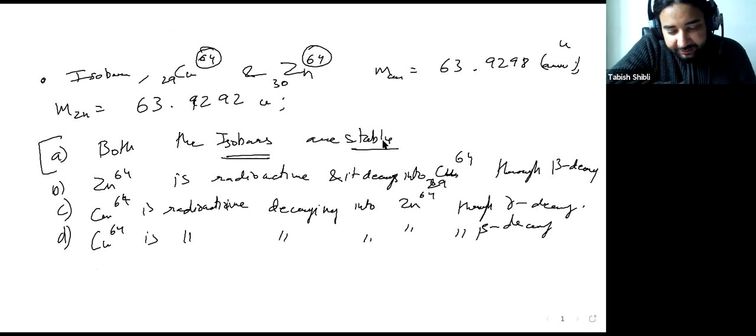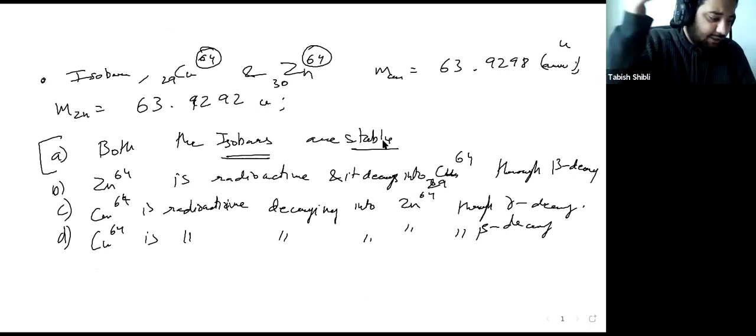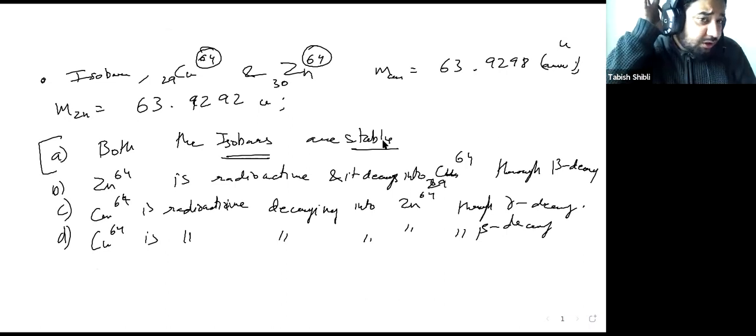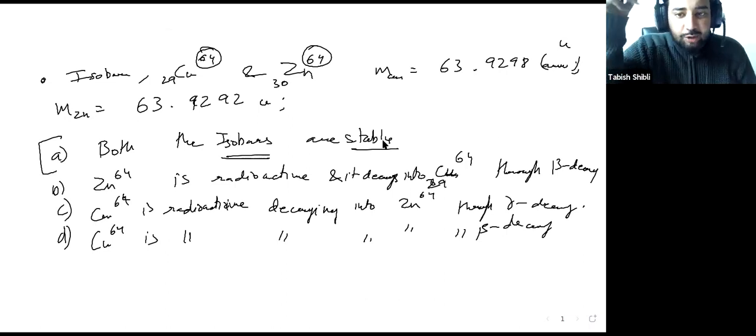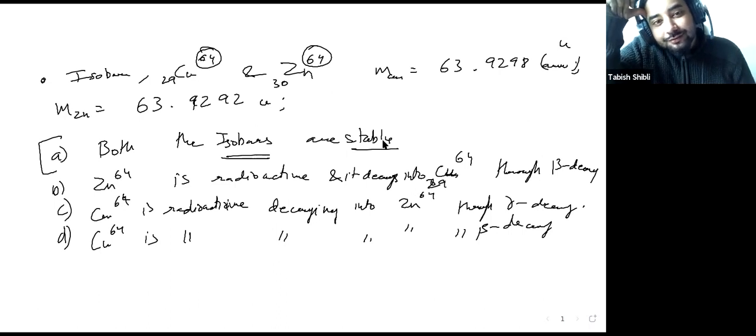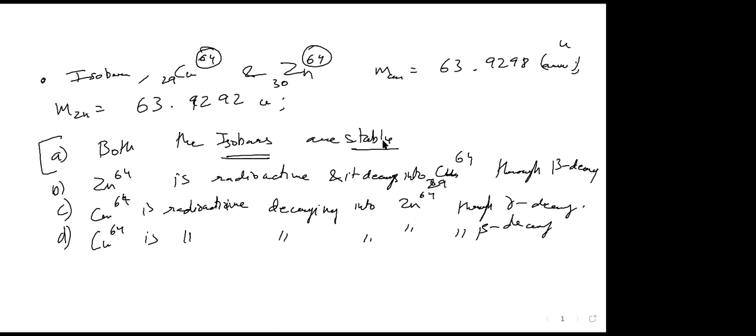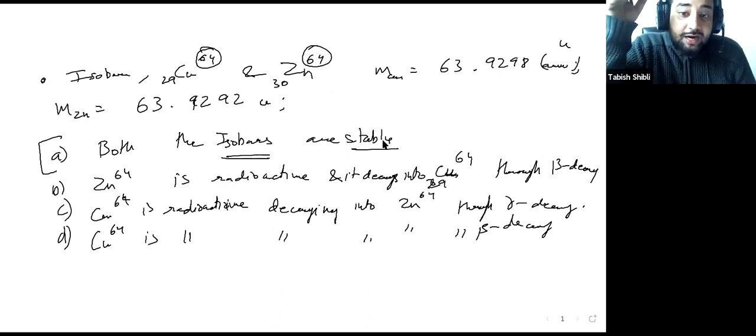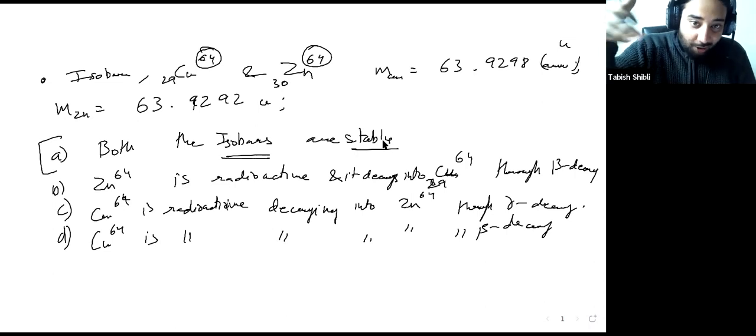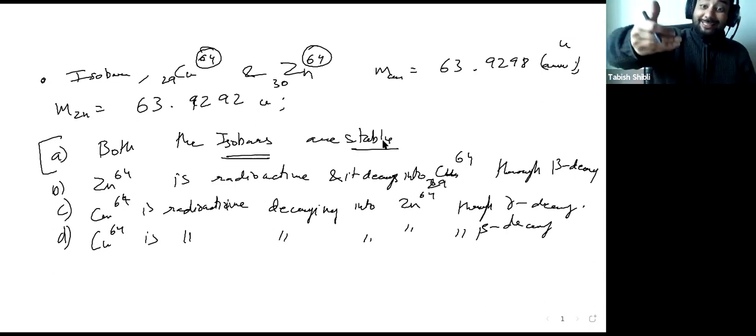So how do you check for stability? Any idea? Just think about it. How would you know that any state is stable or not? Logically, what should be the way out? Electrons. No, right now we're not talking about electrons. Right now we're talking about inside the nucleus. Electrons are outside the nucleus. Now we're literally talking about what is happening inside the nucleus.